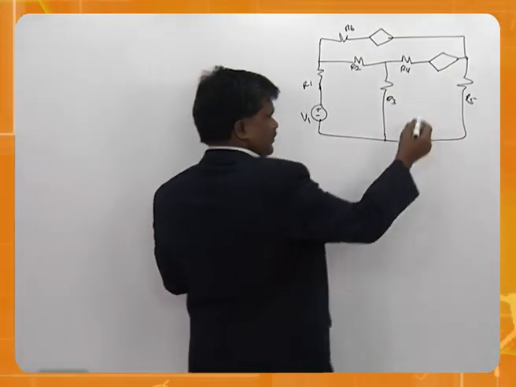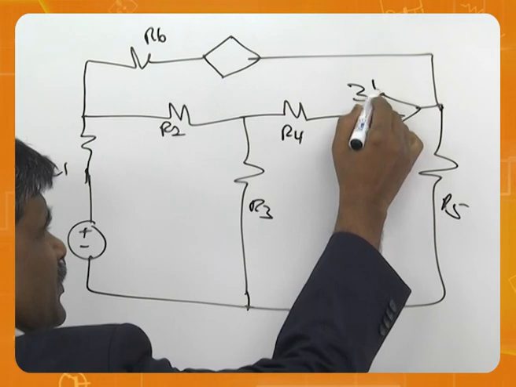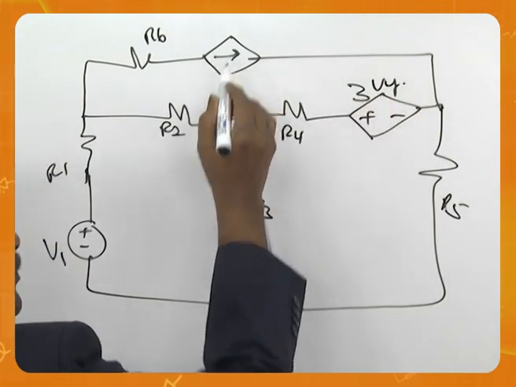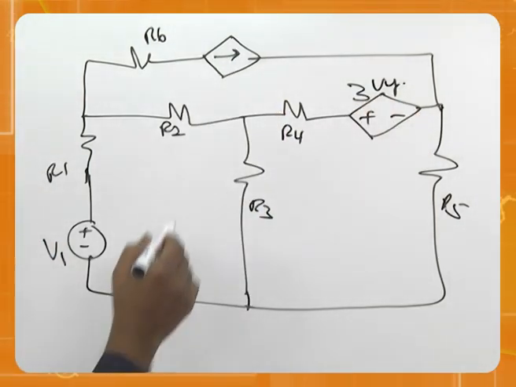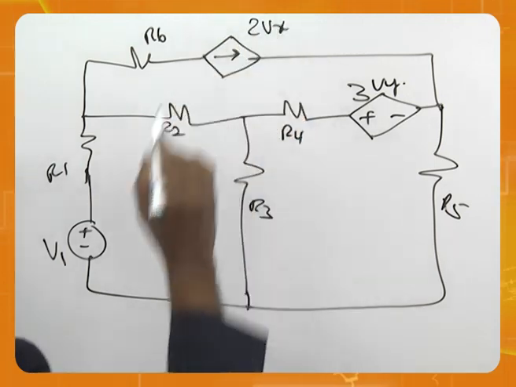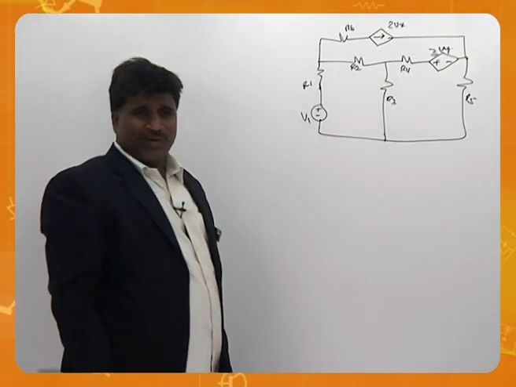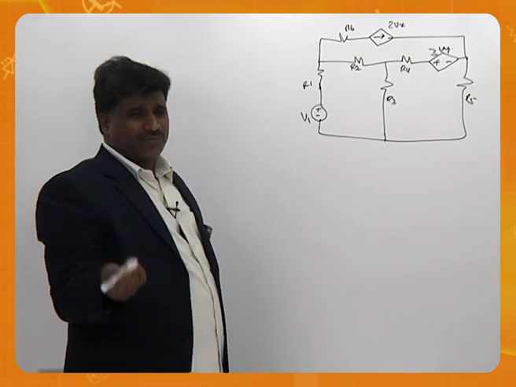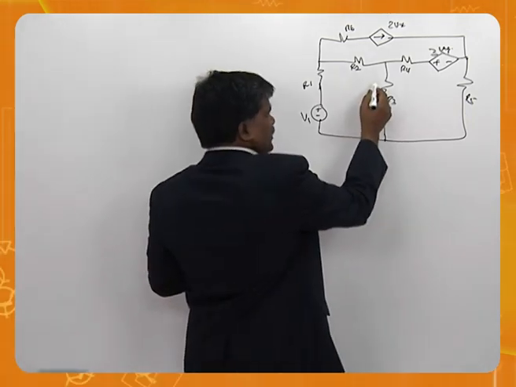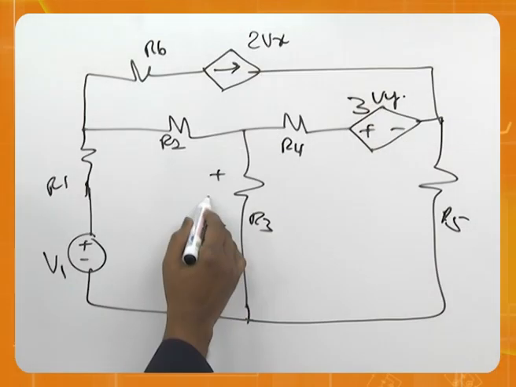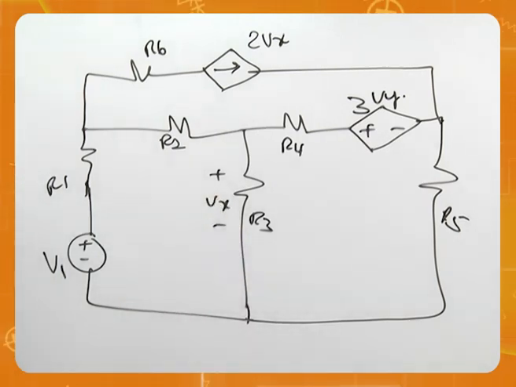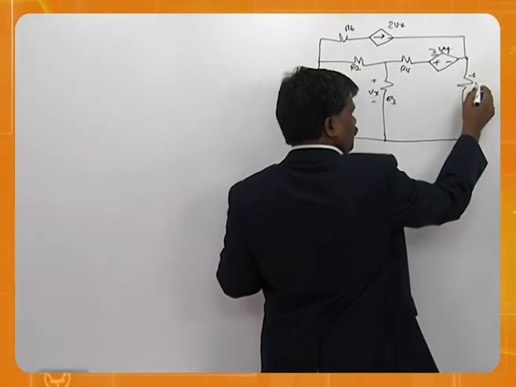Dependent sources 3Vy, let me say 2Vx. Now I need to define where is Vy, where is Vx. For example, if I define Vx here, okay, then if I define Vy here,